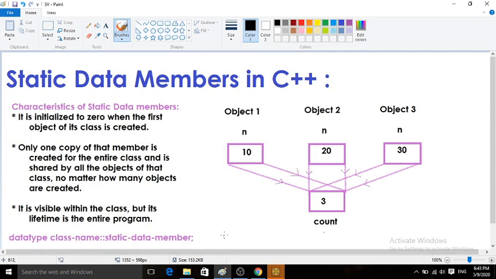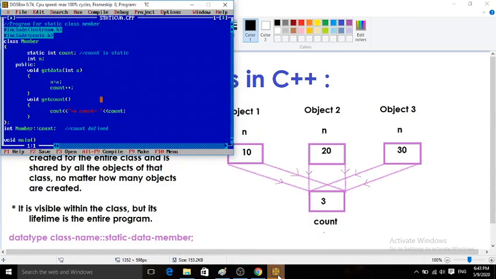By using this syntax, we have to define our static variable in a program. So let's see one small program where we have used a static variable within a class.